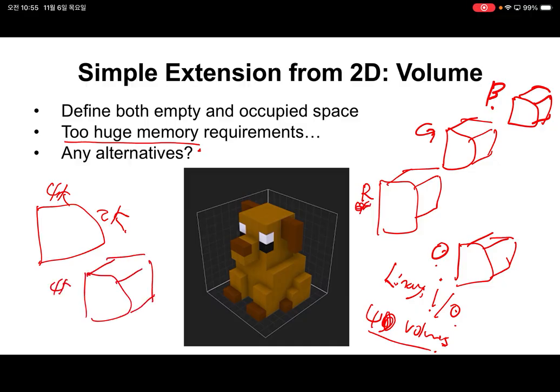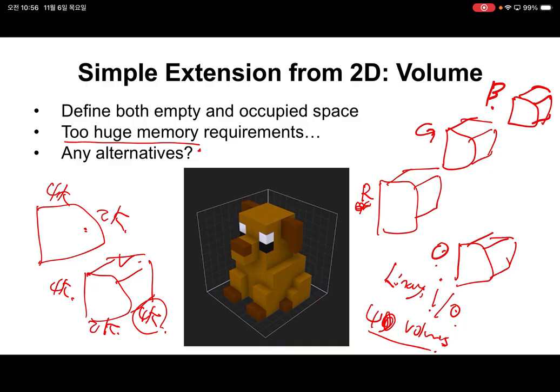Here height is 4K, width is 2K, and depth should be 4K. Then we need a huge amount of memory, right? The memory usage of this one is 4K times higher than this one. Too huge a memory requirement. So this kind of simple extension is still widely used, but it is not optimal